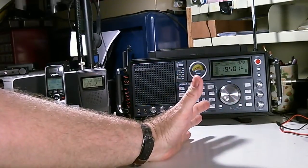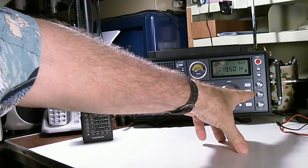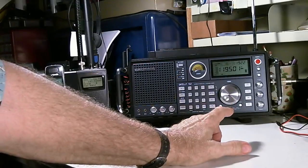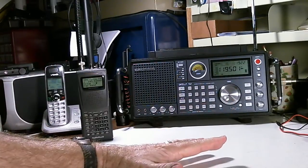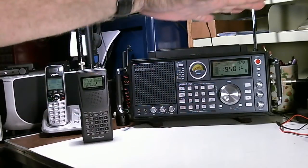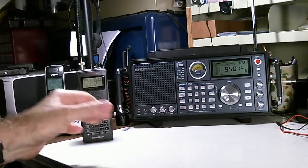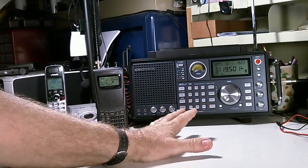Yeah, the squelch is working, but I've got it turned at about, I would say, on a scale of 0 to 10, it's about a 7.5. So I could squelch on pretty hard. Now it is working now, so the noise level has gone down, unlike it was when I started this video. So it's kind of working. But the other problem is,